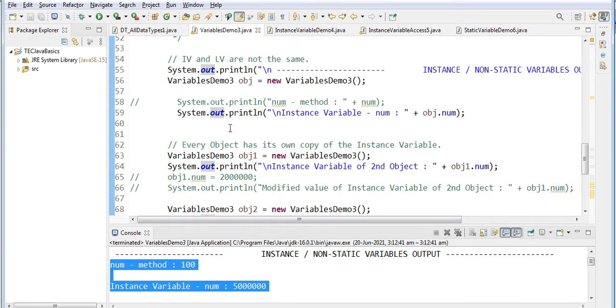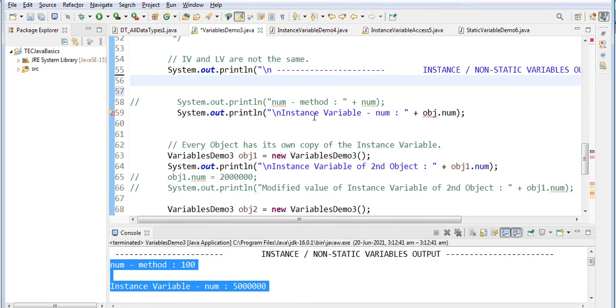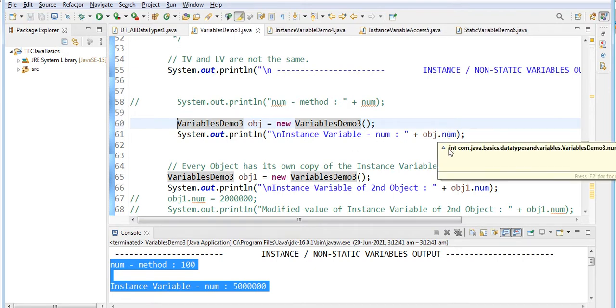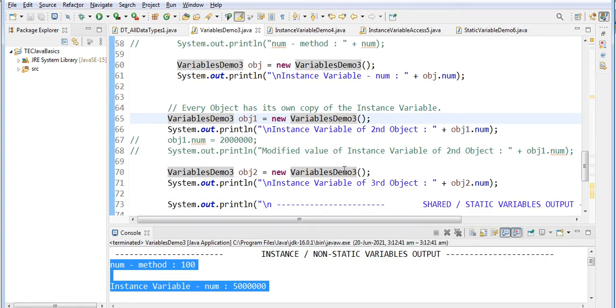See here, this is one object, and I am printing that object's num value, and the next object is obj1, and I am printing the second object, and this is the third object, and I am printing the third object.